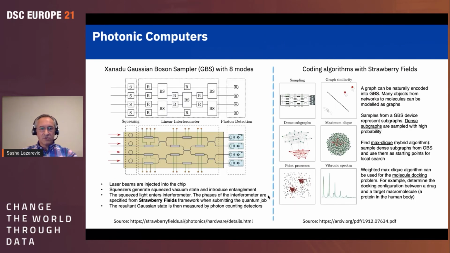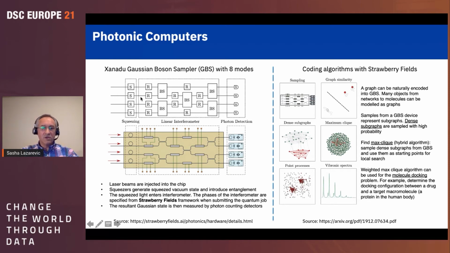And there is also this photonic technology. It's very promising. There are a lot of researchers and a lot of companies working on this. How does it work? Well, it uses photons, and photons are not like superconducting qubits. Superconducting qubits are stationary, so they are always in the same place. Photons are flying, and they are flying with the speed of light. So it's a completely different methodology for how we exploit light.